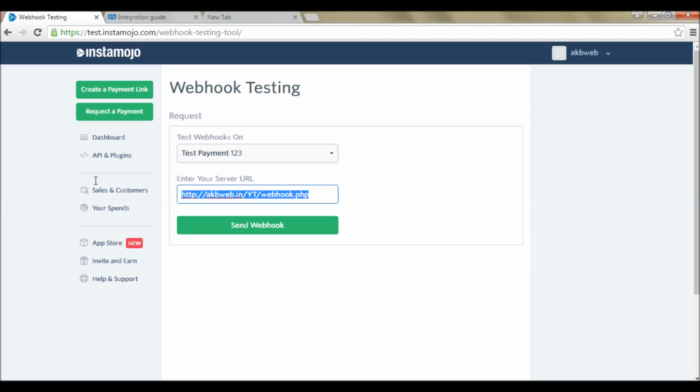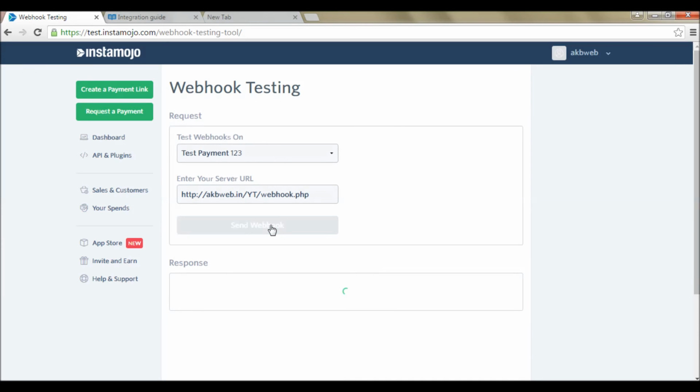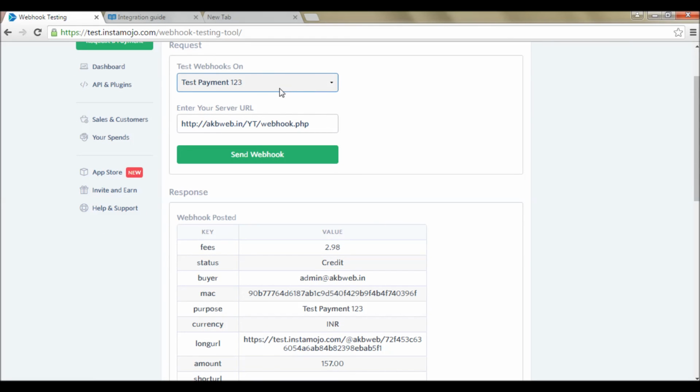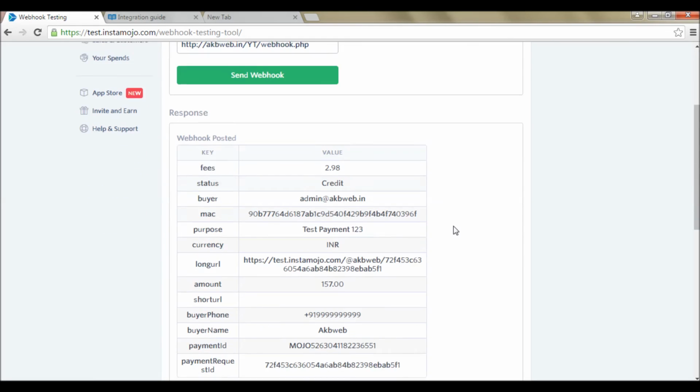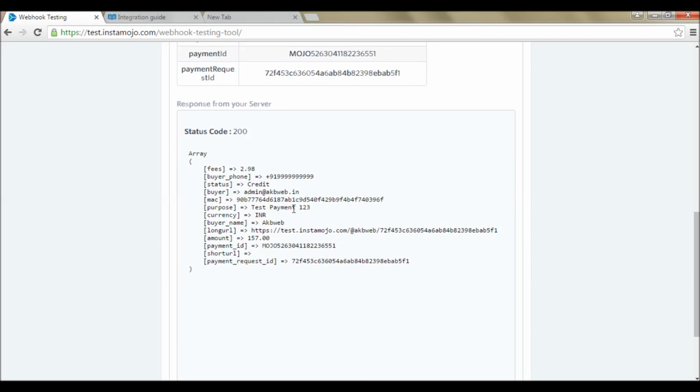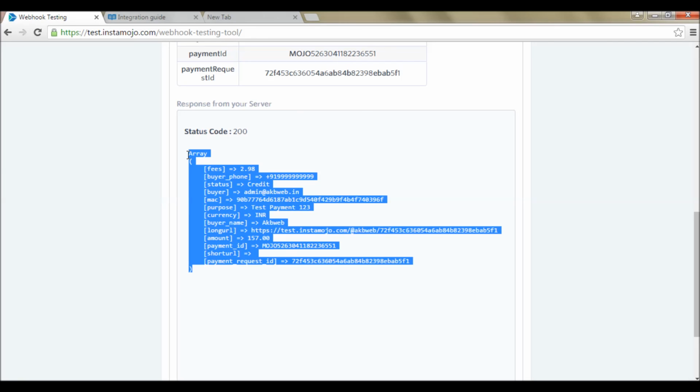So this is my webhook URL, and as soon as I click send webhook, this is what happens. This is the information of this payment, and I receive a status code 200. This is actually the response from my server. It's actually my page. I have coded it in such a way that it just spits out the post array that